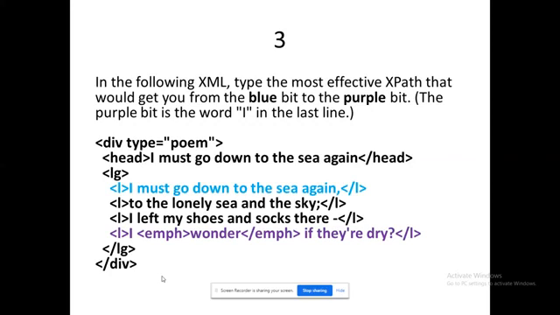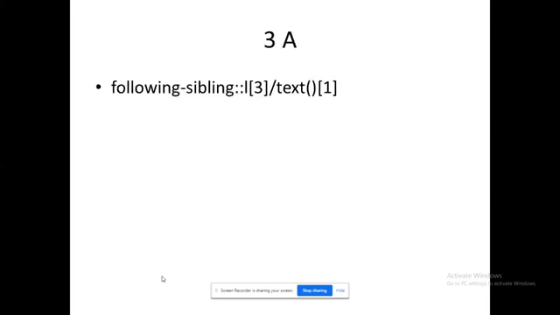So something has changed a little bit, right? Here we have not talked about the child. We are talking about subjects. I have not talked about the tags. Here we have talked only about that, and also you need to see the path that would get you from the blue bit to the purple bit, from blue color to purple color. That is how you will travel. Right? So how will you write that? Following-sibling. So the same thing only.